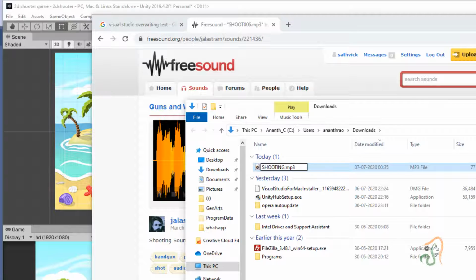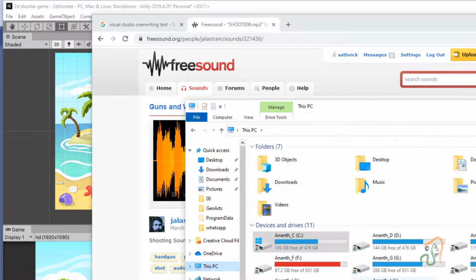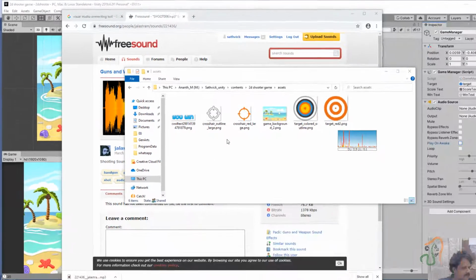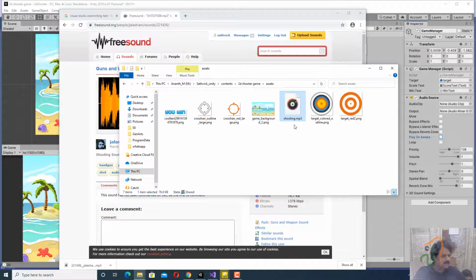This is an mp3 file. So let us name it shooting, and then use this shooting file in your assets. I will add the downloaded mp3 file inside the assets. If required, I will also upload it, and you can use it. So we have created this shooting.mp3 file and kept it ready.